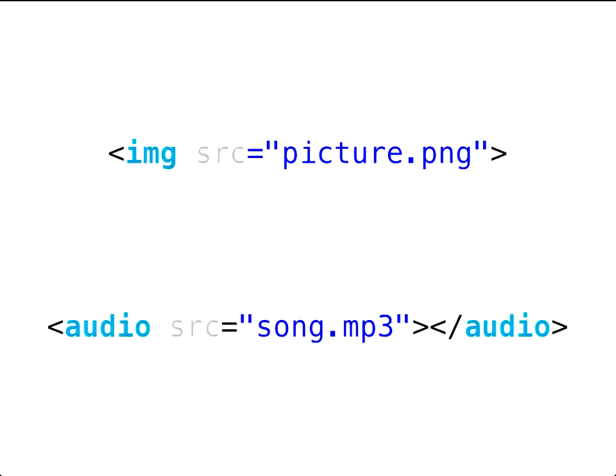So just one simple example of this is you can see on top is an image tag. The image tag has existed forever and ever and ever. And on the bottom, you see an audio tag, which is relatively new. And one really nice thing about the DOM and how HTML proceeds is that there's not really any new APIs for saying here's a tag and its attributes, which means that the audio tag, of course, inserting an audio tag into the page and twiddling its attributes works exactly the same as it works to insert an image tag and